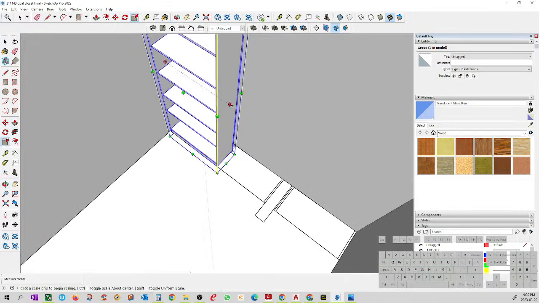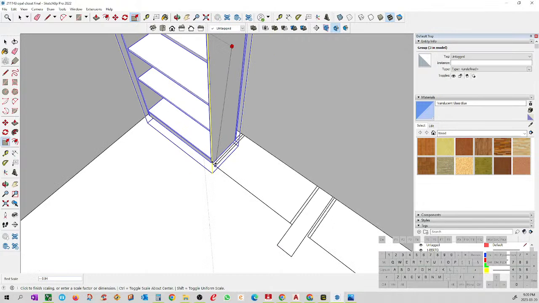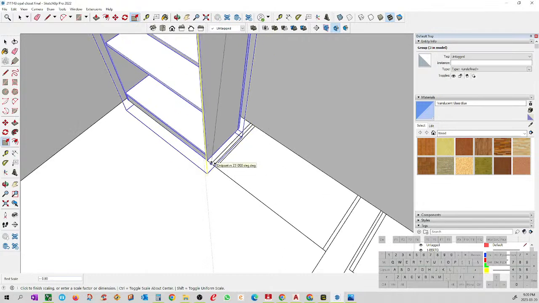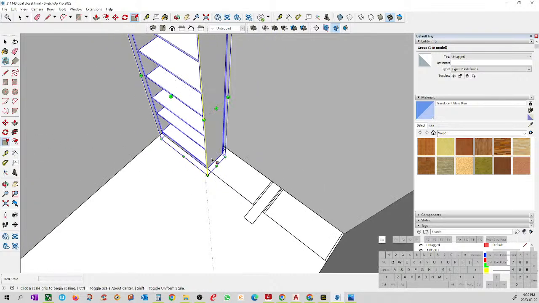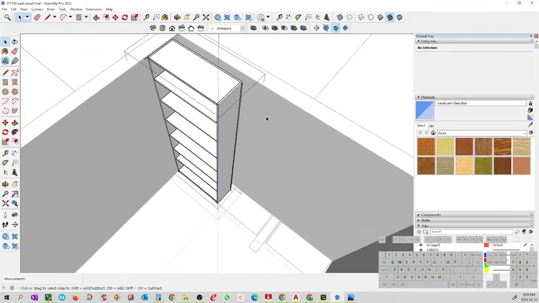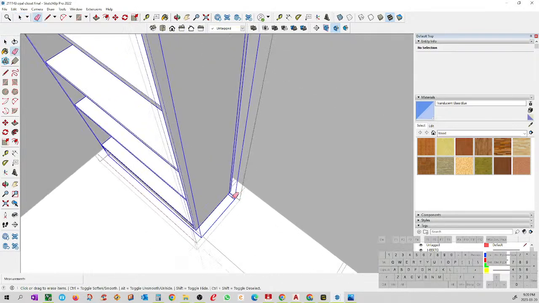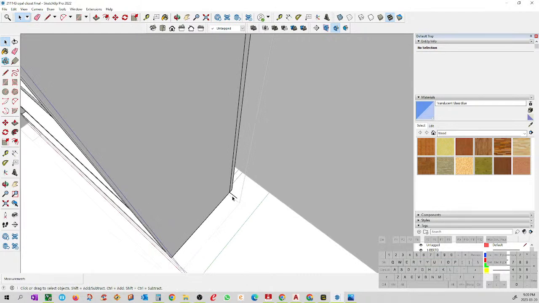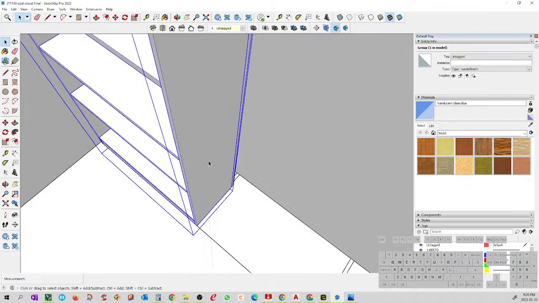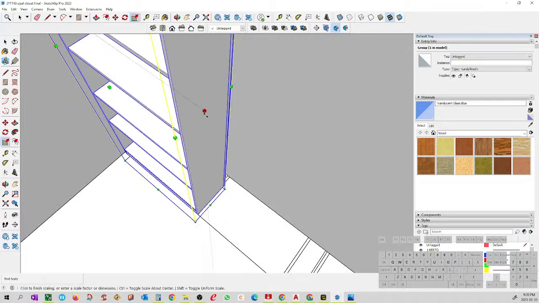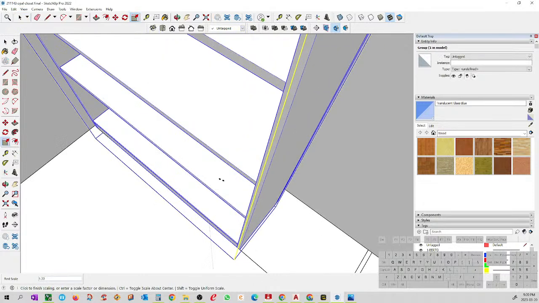And same thing, scaling it back to something is sticking out here, over right there. There you go. Now this whole group is exactly